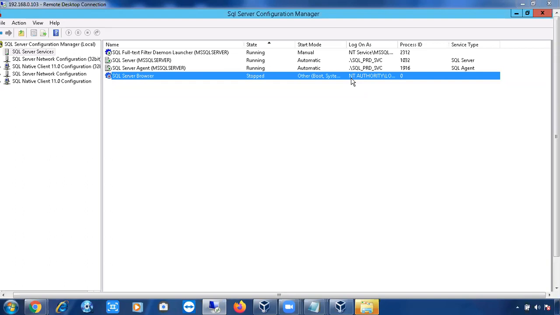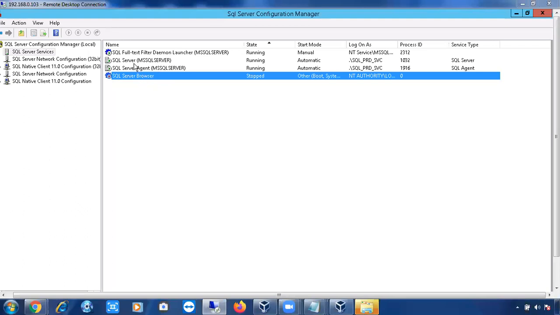Right, so you can see 7 services if you install two instances. Why? Because the browser is a shared feature, a shared service, so the name is not there in the brackets. For these 3 services, the name is there. That means these are the instance-specific services. If you install two instances, 3 specific plus 3 specific, 6 services, plus one browser service, you are going to get 7 services.